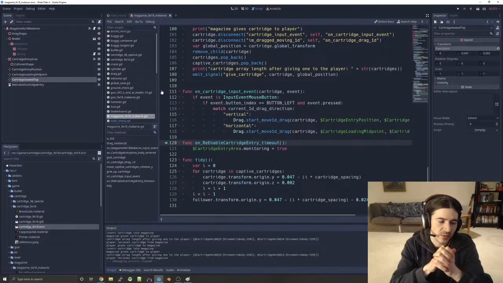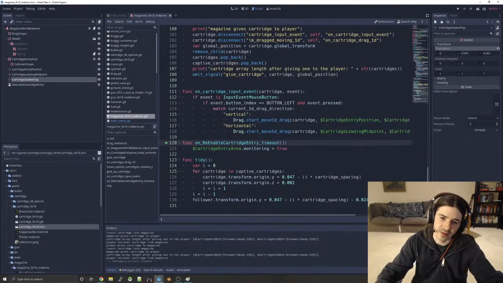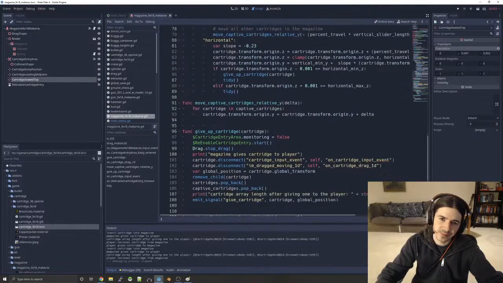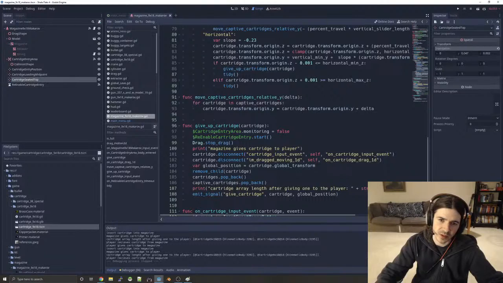What if, just to keep track of which ones... no, that wouldn't really help. Maybe it could. So when we release the cartridge, give up cartridge,